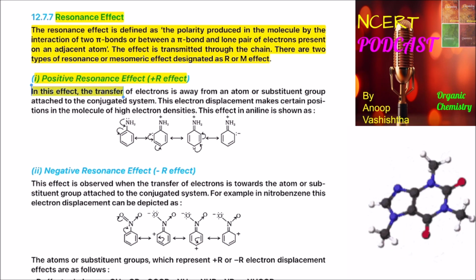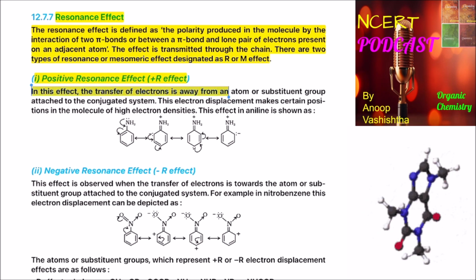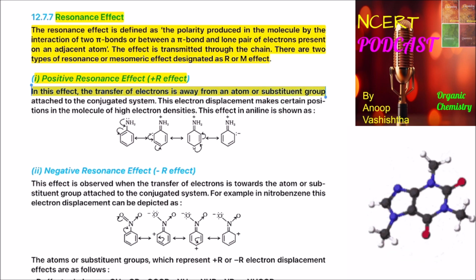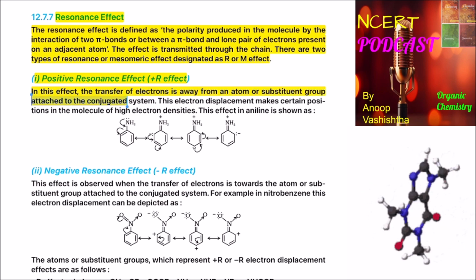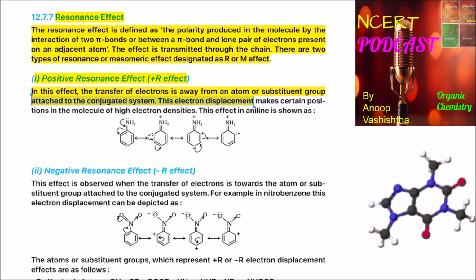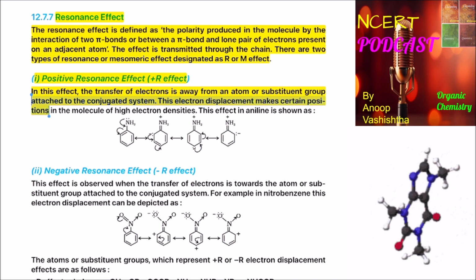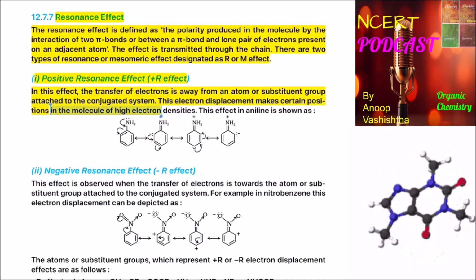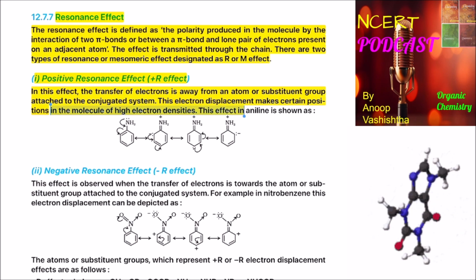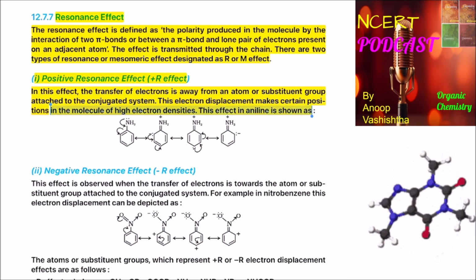In this effect, the transfer of electrons is away from an atom or substituent group attached to the conjugated system. This electron displacement makes certain positions in the molecule of high electron densities. This effect in aniline is shown as